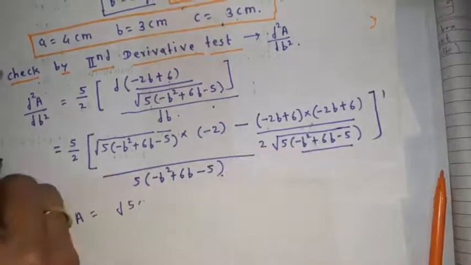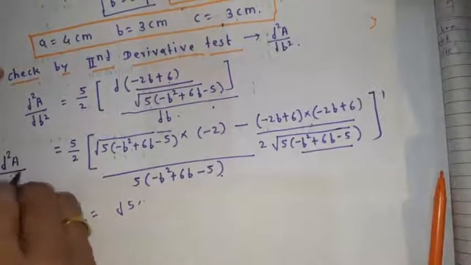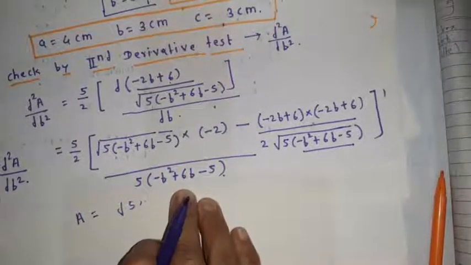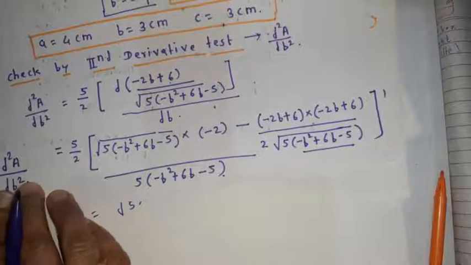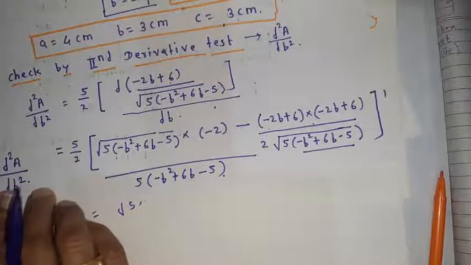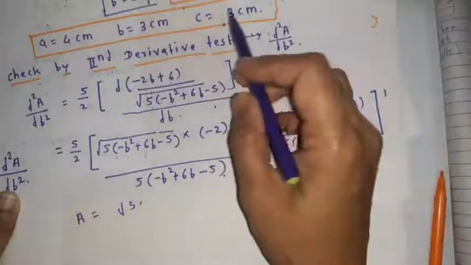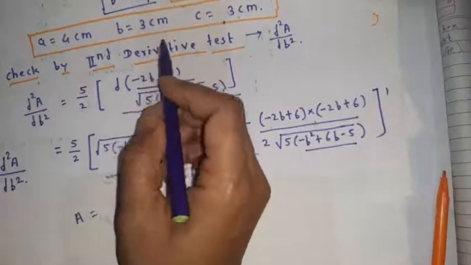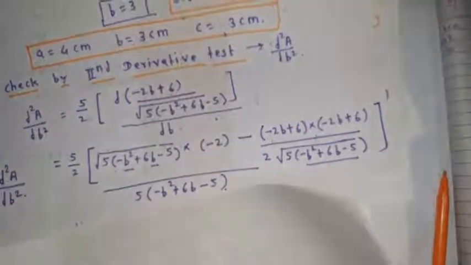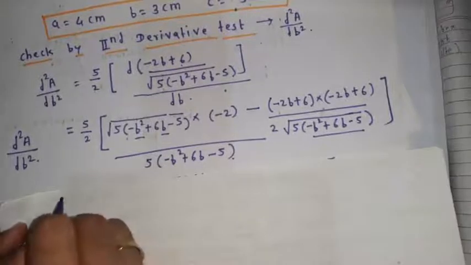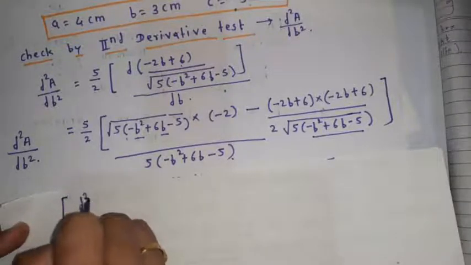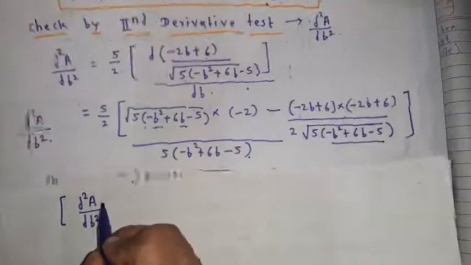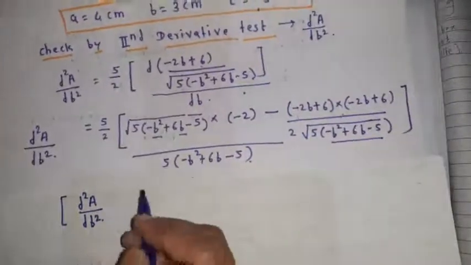And now this is d2 square A upon db square. But students, we have to check the value of the second derivative at b equal to 3. The variable is b here. We check at b equal to 3 and we will get d2 square A upon db square at